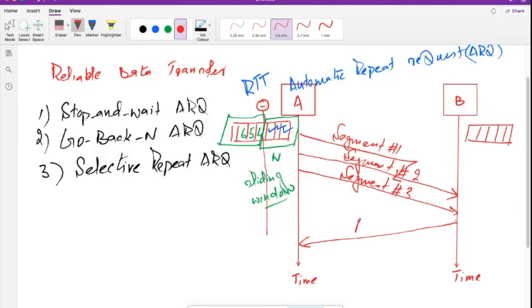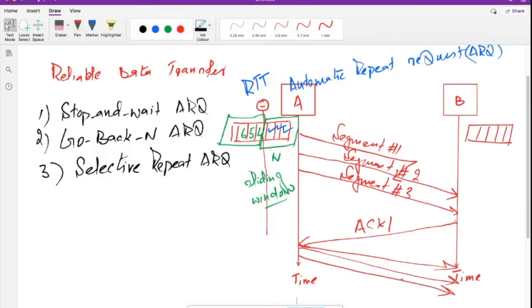Yes, you're right. Acknowledgement 1. So B will say, okay, send me segment number 1. So what A is going to do is go back to N, back to the lost segment, which is segment number 1. A will not only retransmit segment number 1, but it will also retransmit segment number 2 and segment number 3. So though segment number 2 and 3